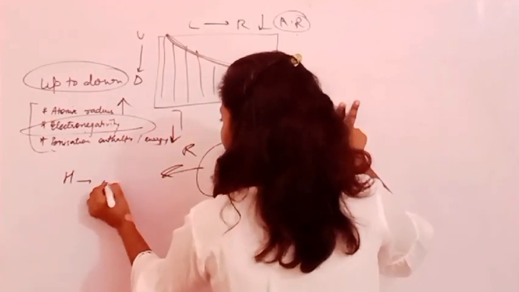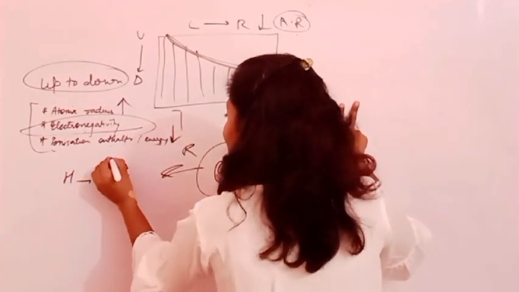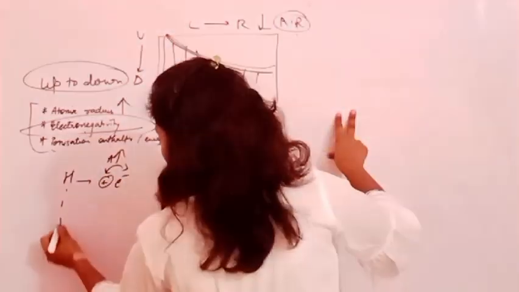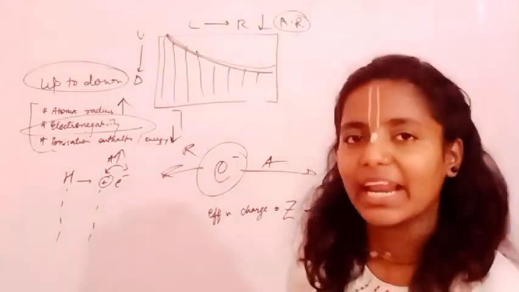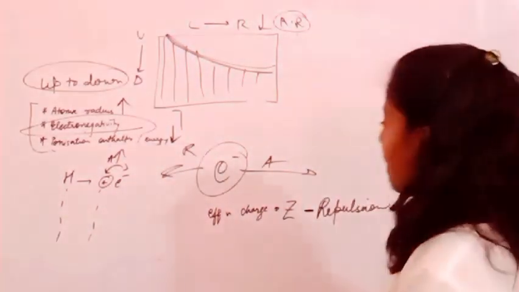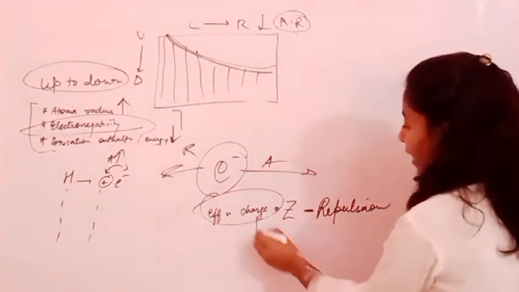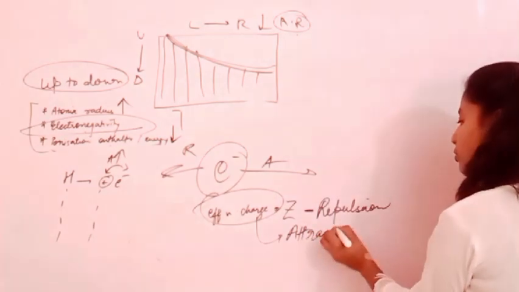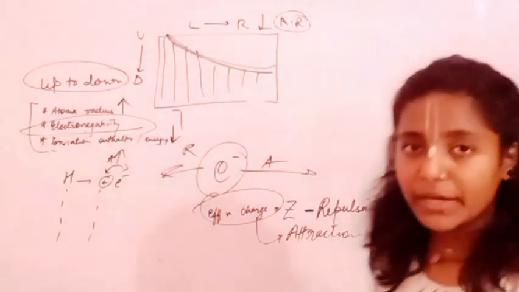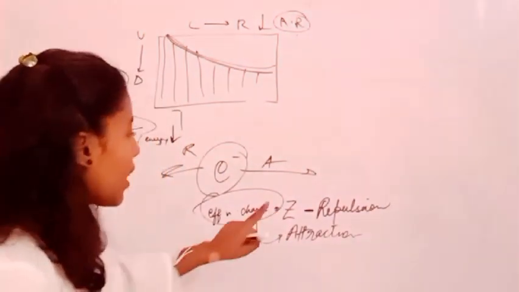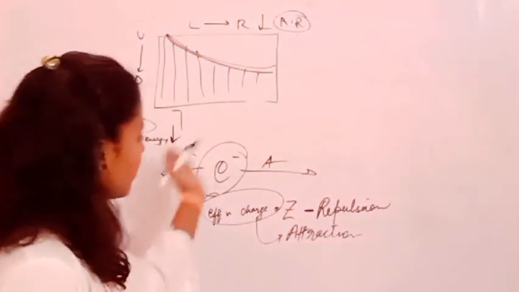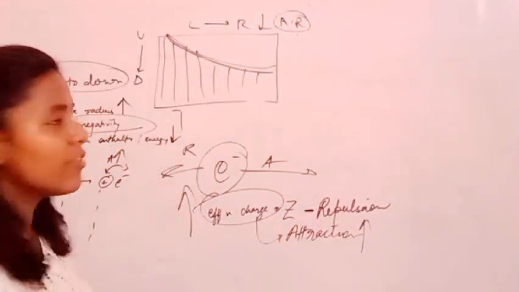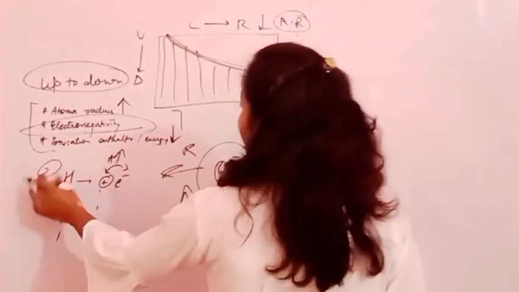ठीक है, now as I just told you, हाइड्रोजन में क्या केस था, एक प्रोटॉन एक इलेक्ट्रॉन। अट्रैक्शन भाई इतना ज्यादा है कि रिपल्शन का कोई केस ही नहीं बन रहा है। Talking about down the group, क्या हो रहा है, रिपल्शन भी हो रहा है, अट्रैक्शन भी हो रहा है। ठीक है, अब मैंने बोला कि इफेक्टिव न्यूक्लियर चार्ज डायरेक्टली डिपेंड करता है Z minus repulsion, which is your attraction. Z which is your atomic number minus your repulsion gives your attraction. अब जहां पर इफेक्टिव न्यूक्लियर चार्ज डायरेक्टली डिपेंड ऑन योर अट्रैक्शन, तो जहां पर अट्रैक्शन ज्यादा वहां पर इफेक्टिव न्यूक्लियर चार्ज ज्यादा।